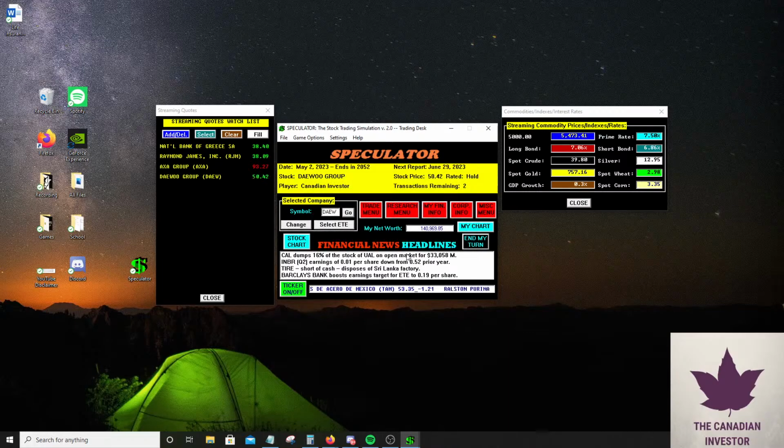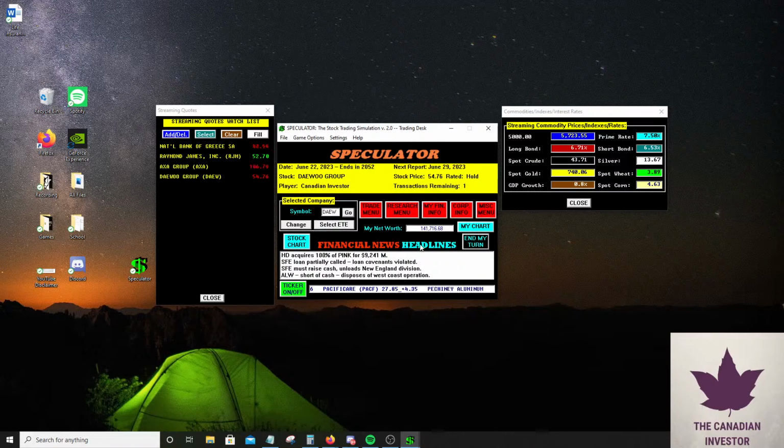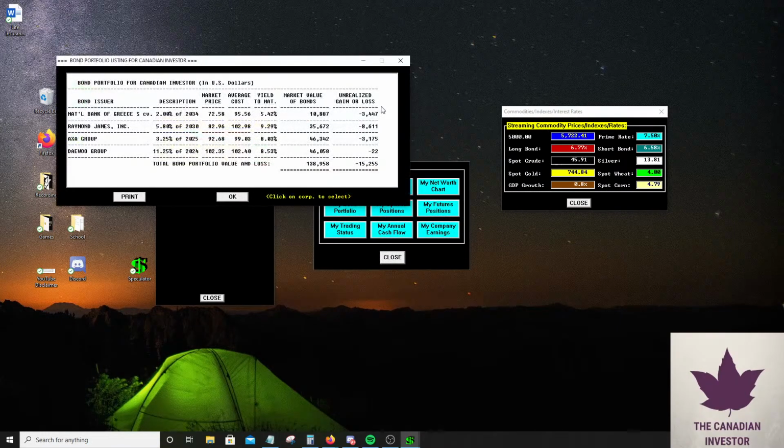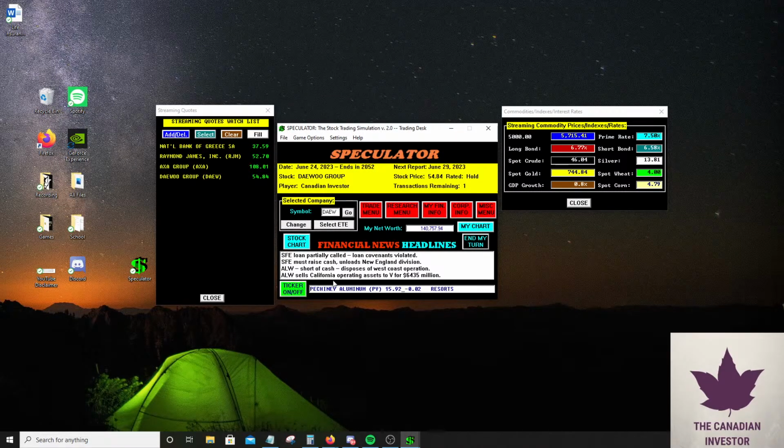So I'm definitely not going to make that mistake again. If I think interest rates are likely to go up, I'm not going to buy bonds. If I'm thinking they're likely to go down, I'm going to buy bonds. So it makes more sense for me to keep a little bit more heavily weighted in cash, because cash doesn't move in price. If they had savings accounts in this game, I'd be doing savings accounts in the low interest rate environment and then just waiting for them to go back up.